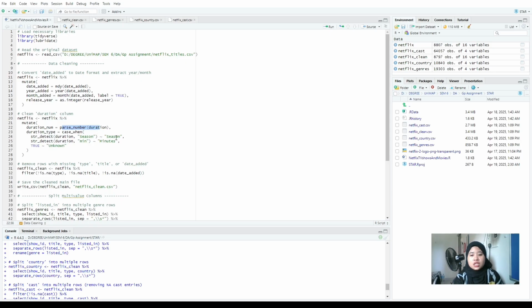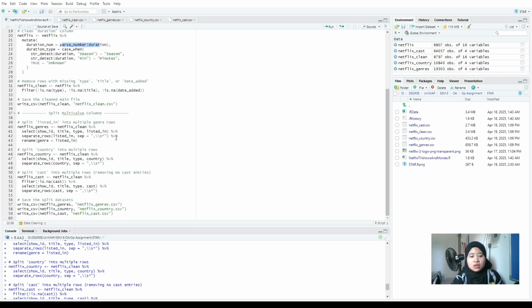And then we do data manipulation by splitting multi-value columns listed in country and cast into separate tables using separate rows, and we rename columns for clarity, like genre and so on, and then we normalize the data structure by creating properly related tables. And then after we run this script code, we got